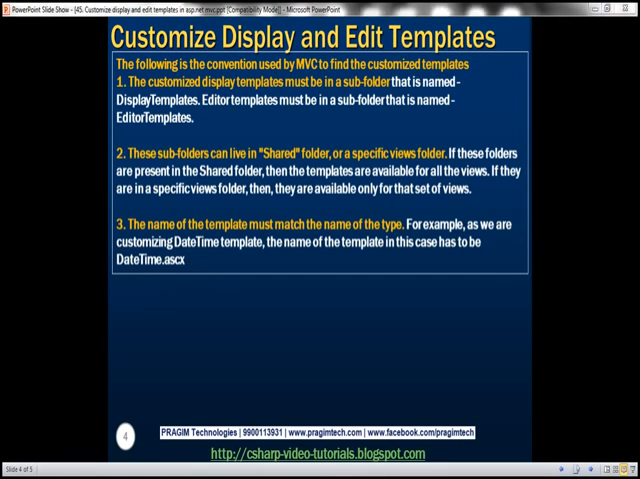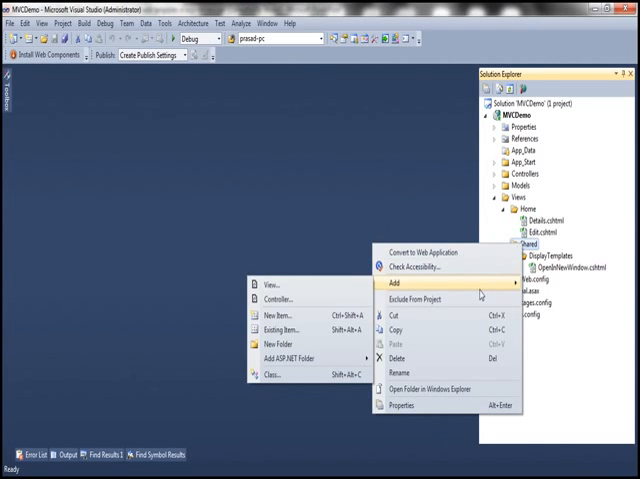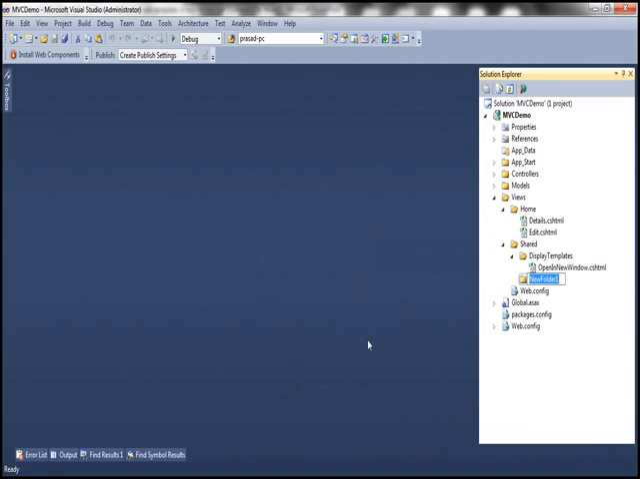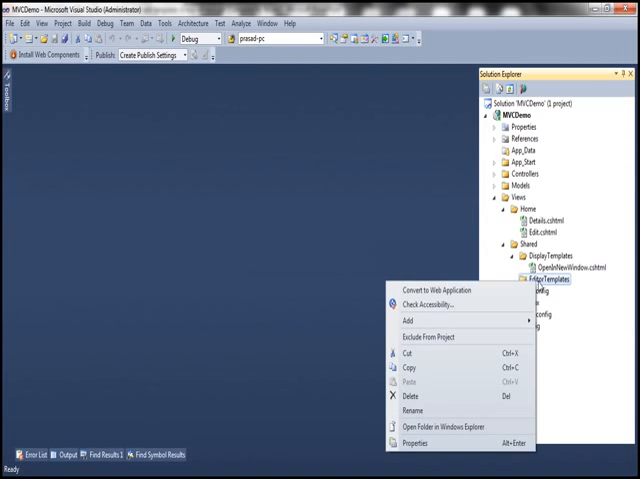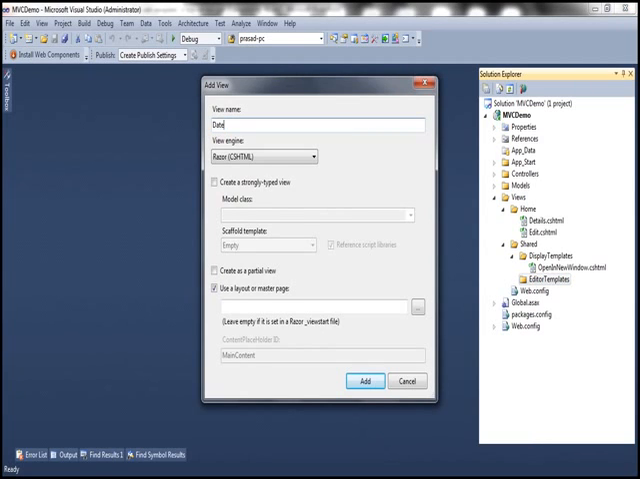Let's flip to Visual Studio. So let's add a folder to our shared folder, and I'm going to name this EditorTemplates. And then I'm going to add a view to this folder, and let's name it datetime. This name is very important because we are going to customize the datetime editor template. And this is going to add